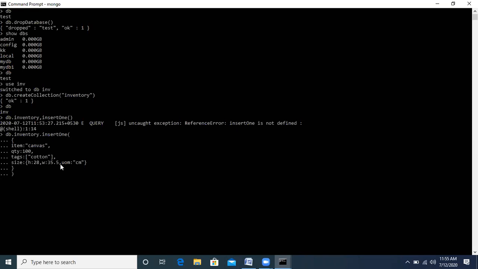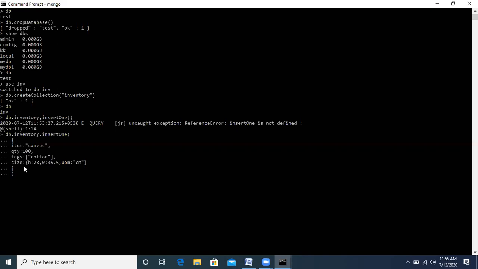Now can anyone tell me what is happening over here? So we are having 4 fields basically in this document. In the first document that will be treated as object, we have created item, quantity, tags, and size. Tags is of data type array. It is using a data structure that is array.